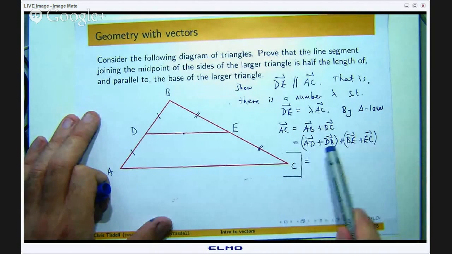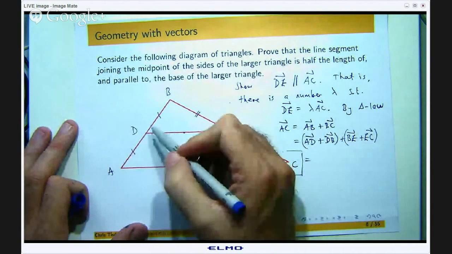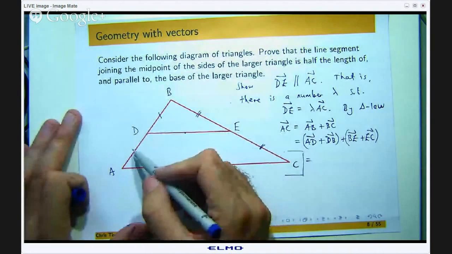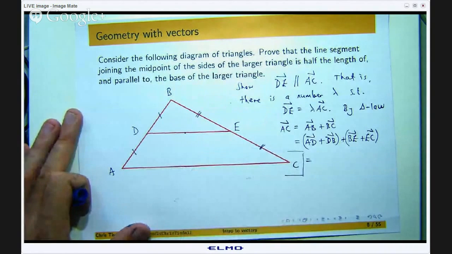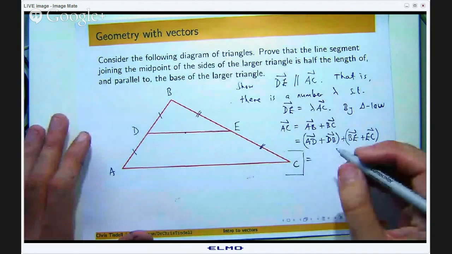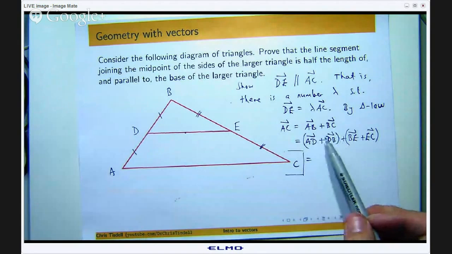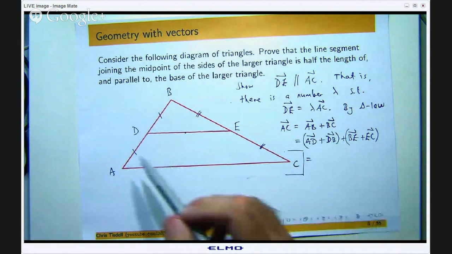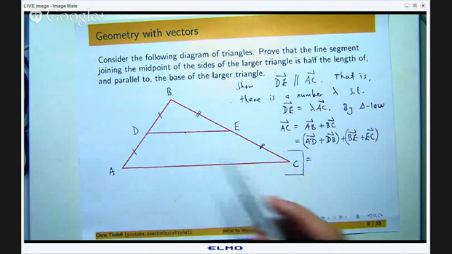Okay, AD and DB. Well, there's AD, the vector AD. There's DB. Now, they have the same length and the same direction because we know that this length and this length are equal, and you can see that they lie on the same line segment. So these two vectors have got to be equal. Okay, so I can basically write one of these in terms of the other one. Which one's handier? Well, I could write 2AD there, but that doesn't really connect with DE in this sort of triangle way. So I'm going to write it in terms of